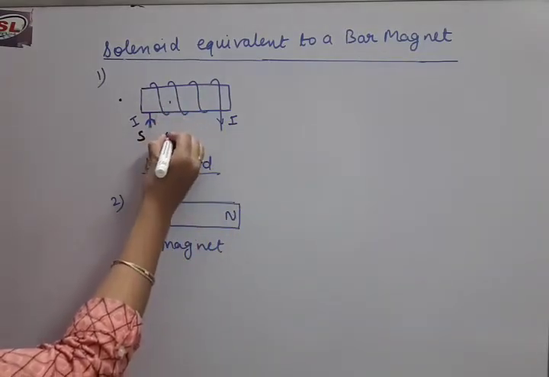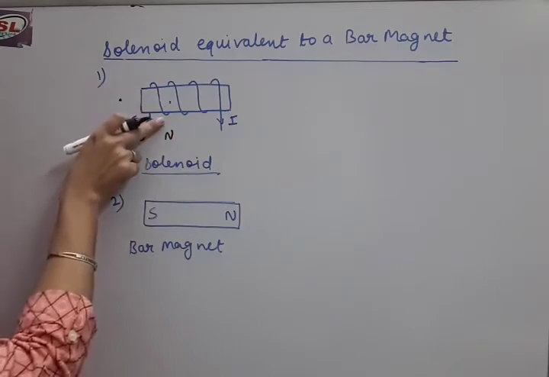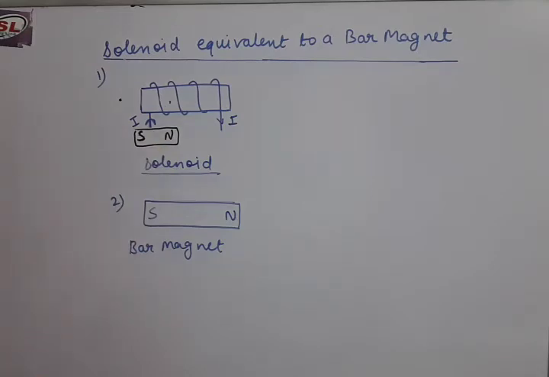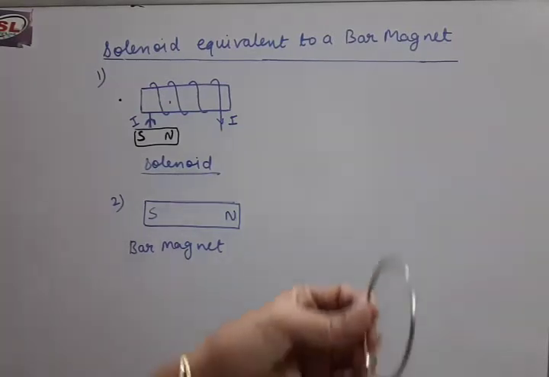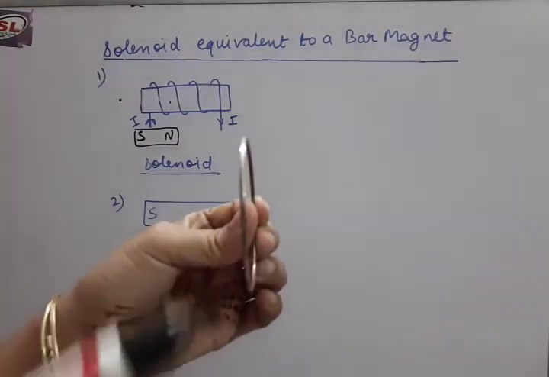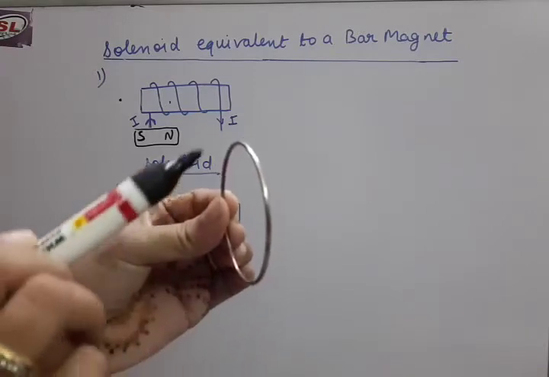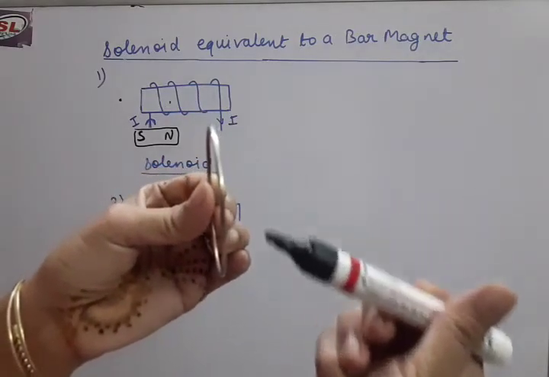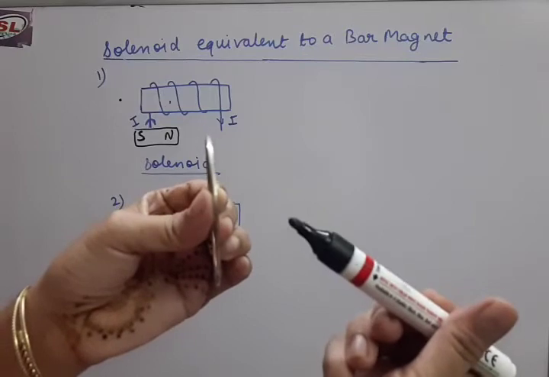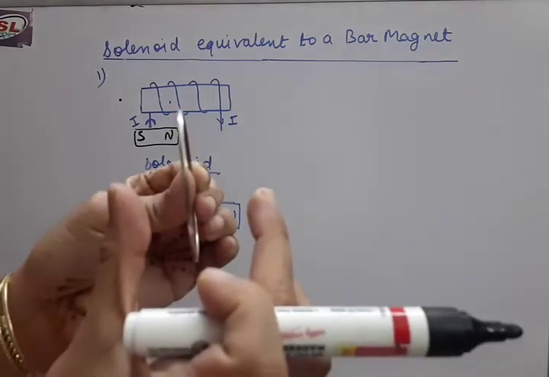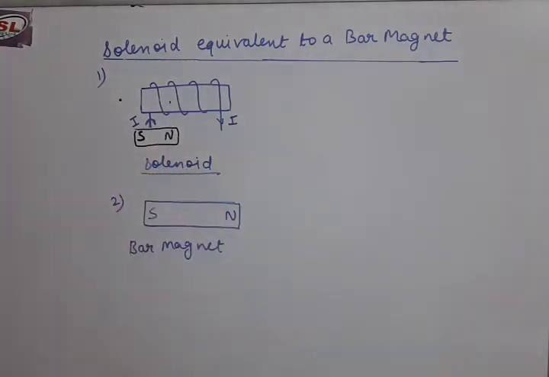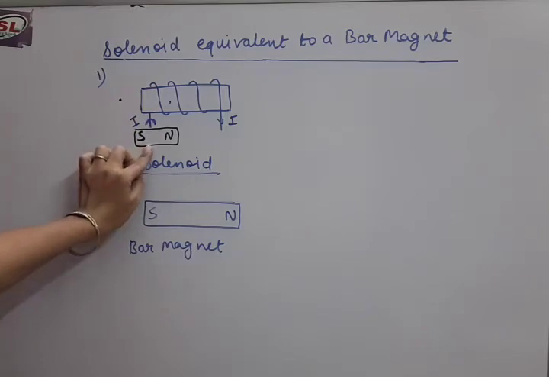That's why each turn, I am talking about only a single turn, has two poles, the front side and the back side. So if we are talking about a single turn of the current, then on the front side, if the current is flowing clockwise, this is the south pole, and from the back side the same current will appear anti-clockwise, so it will be the north pole. So each turn has two poles, south and north, south here and north here. This way each turn is an SN magnet.